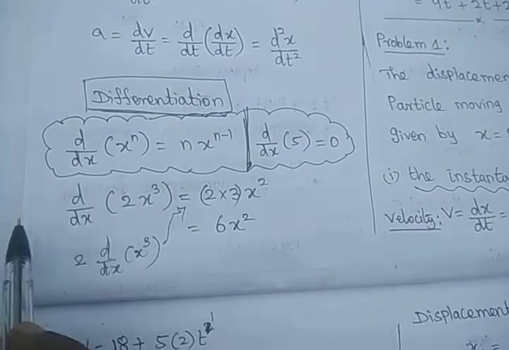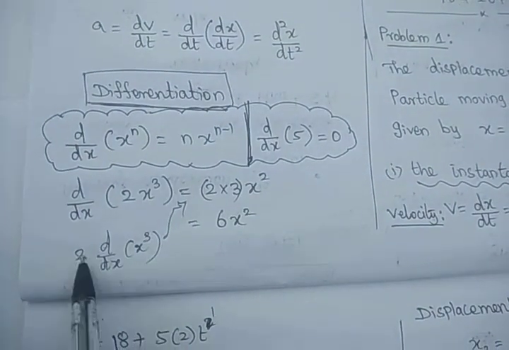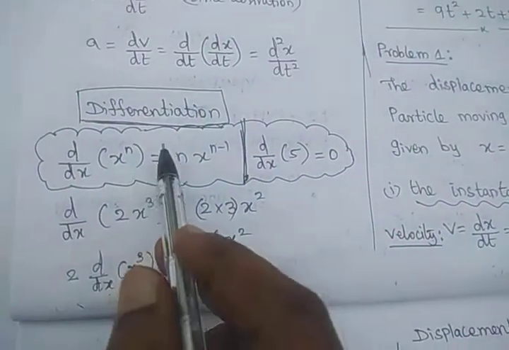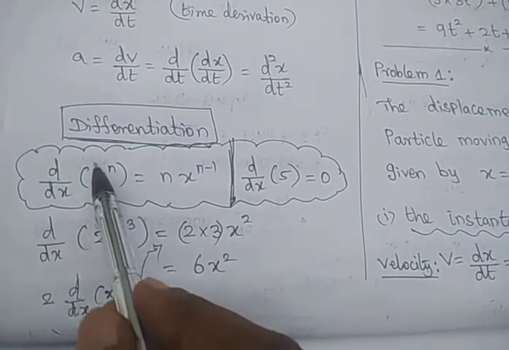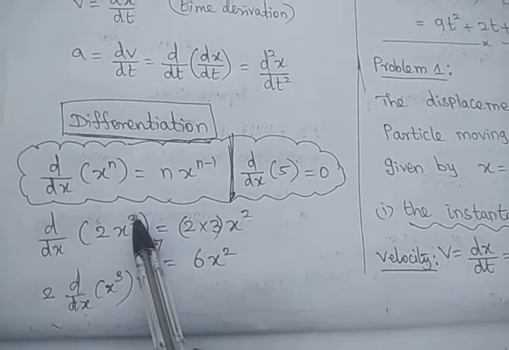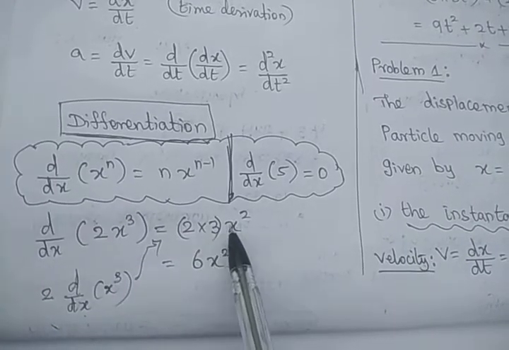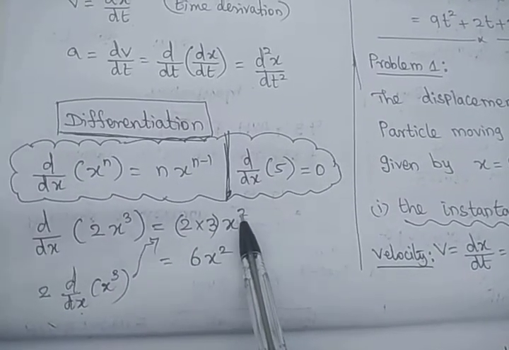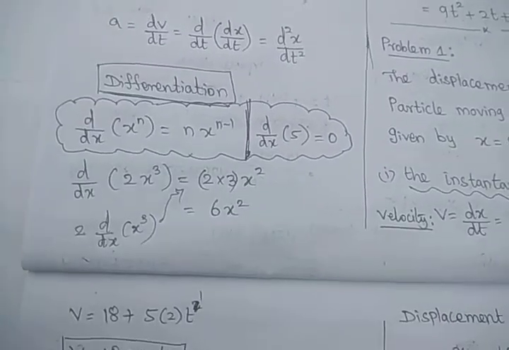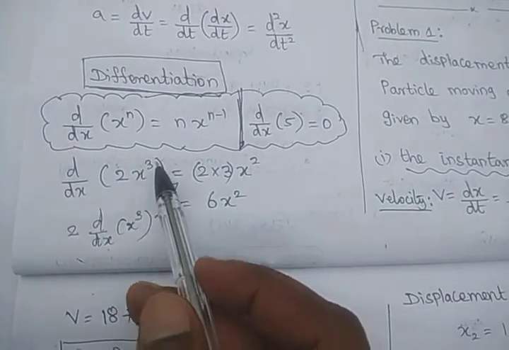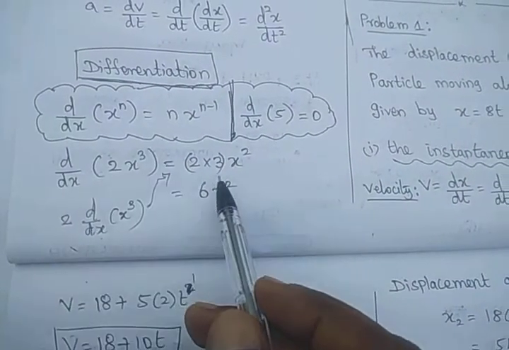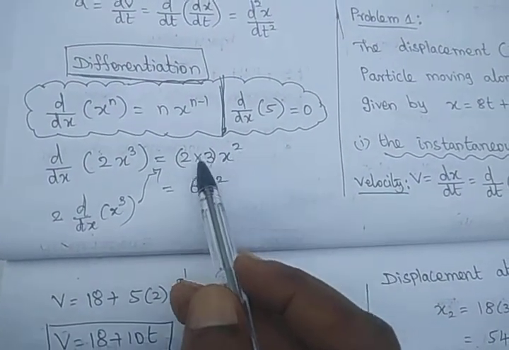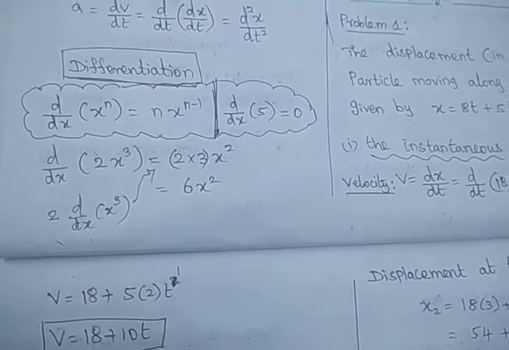Then we take the constant outside and differentiate the polynomial x cube as per the differentiation formula. What is the formula? You bring the n here. That is a 2, and this 3 will come to this side: 3 x power 3 minus 1, that is 2. Very simple. Whenever the polynomial is given like this, x cube means bring the 3 in multiplication and reduce one power. So 2 into 3 x squared, 2 times 3 is 6, so 6 x squared.